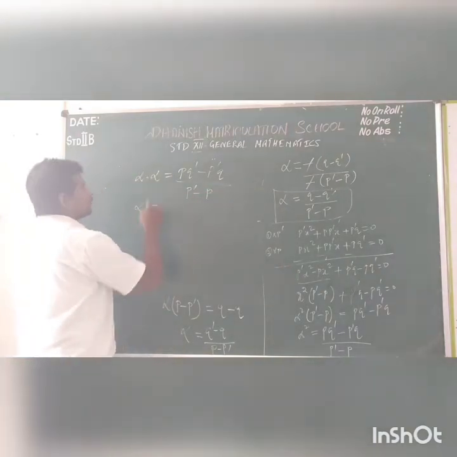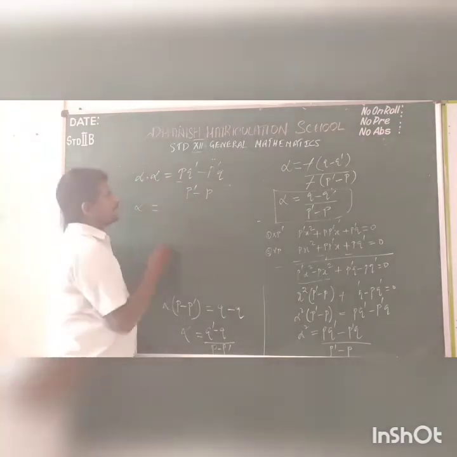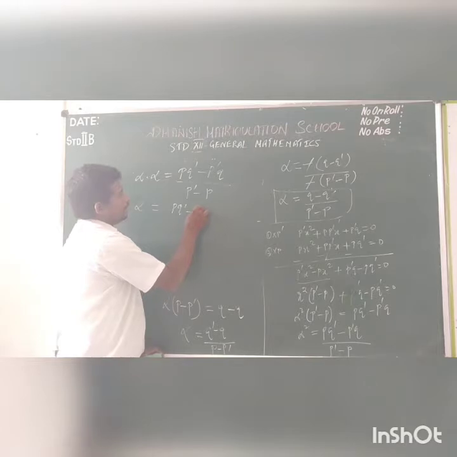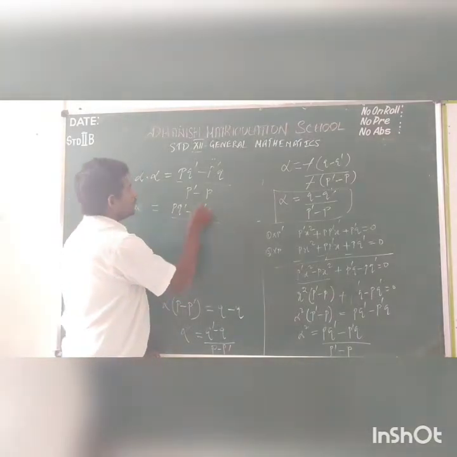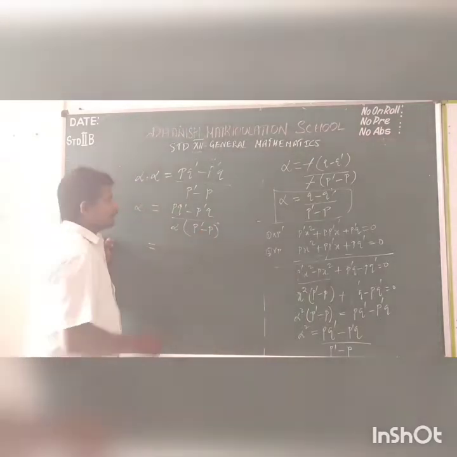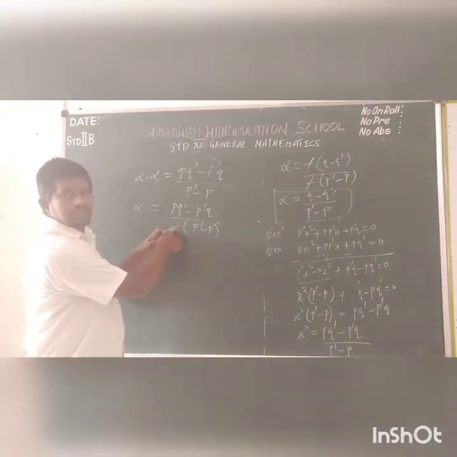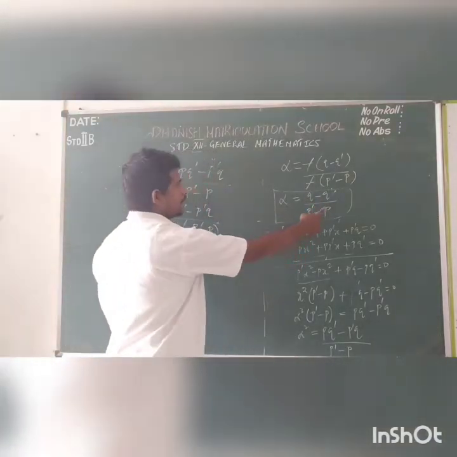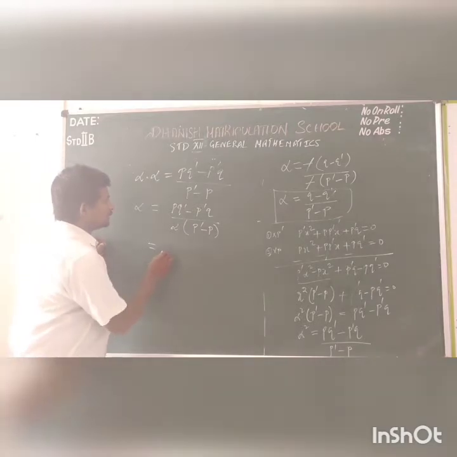Now, I am going to bring this alpha to the right side. So alpha equals (pq' minus p'q) divided by alpha into (p' minus p). Now I am going to substitute this alpha as (q minus q') divided by (p' minus p). So the next step would be